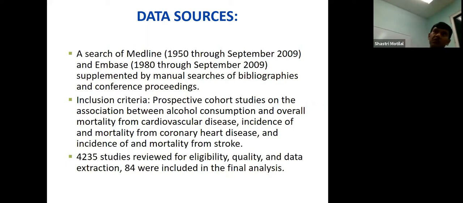They actually didn't have to read all 4,000. You could use the limits on PubMed to exclude studies. Remember last time we spoke about how you do a search? Yeah, so you could use that. And out of the 4,000 studies they found, how many did they include? 84. So they went through 4,000 studies, excluded them, and came up with 84.